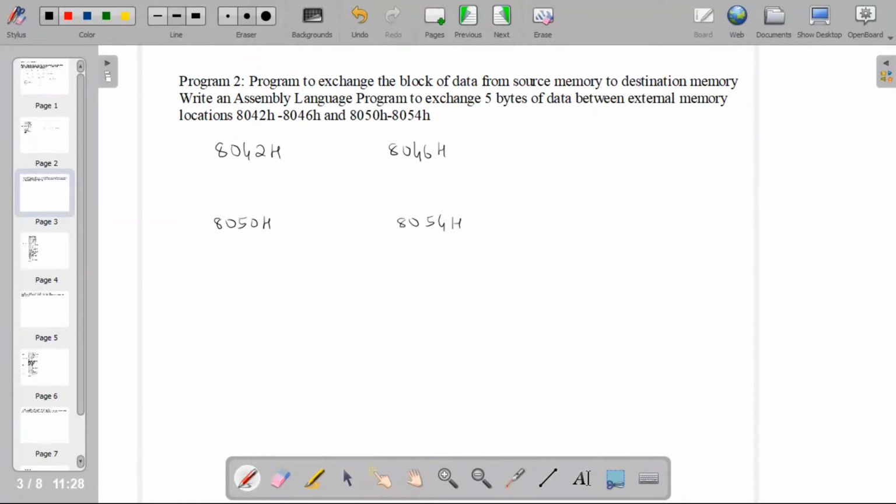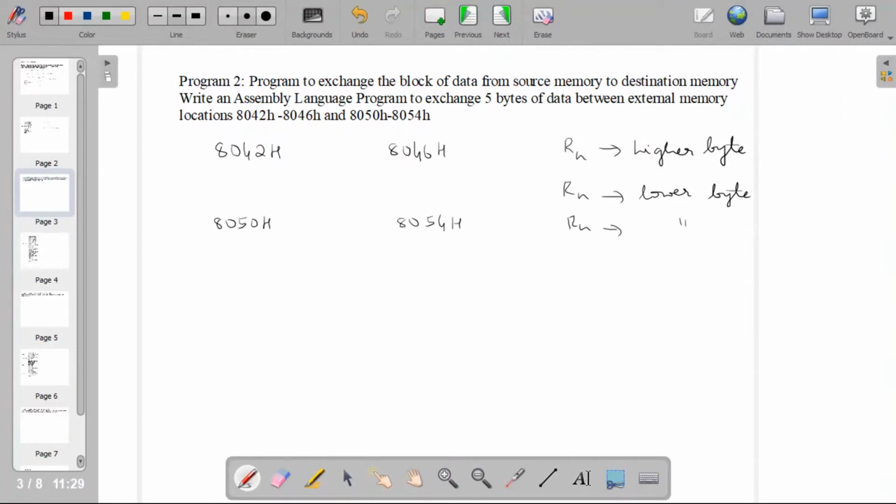We require a counter to keep track of the exchange of data, and we have to access these external memory locations. To make it easy, we will use registers. One register will store the higher byte of the memory location and two other registers will store the lower bytes, since one block of data is from 8042 to 8046 and another is 8050 to 8054.